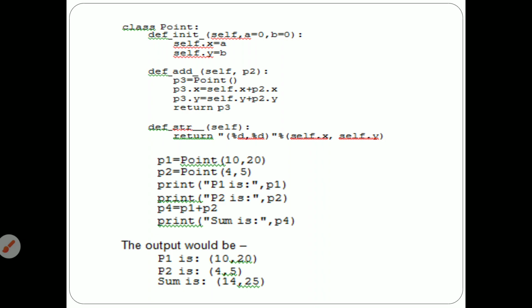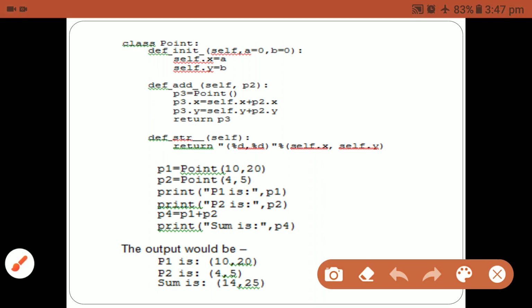So here I'm using p4 equal to p1 plus p2. P4 equal to p1 plus p2 means it will invoke the special method add inside the class. So inside the class, how exactly does it work?